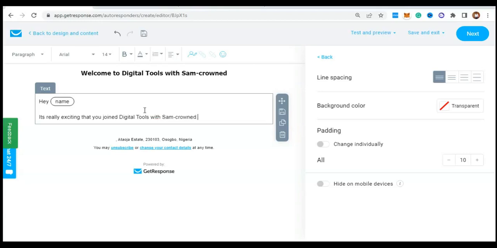No, I really prepared this message. This is for the sake of this demonstration, so it will be as short as